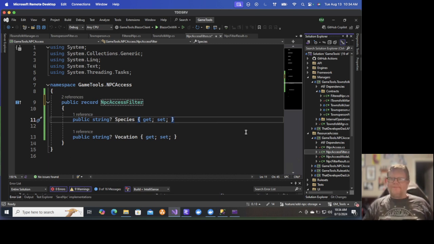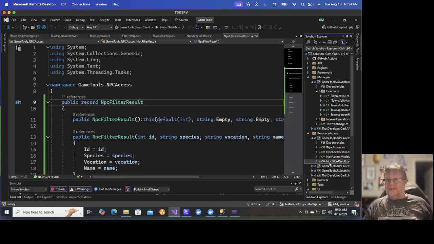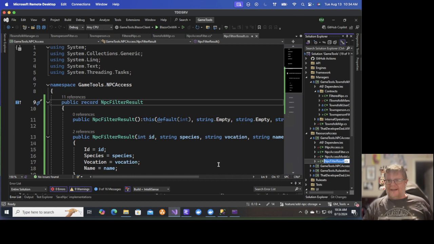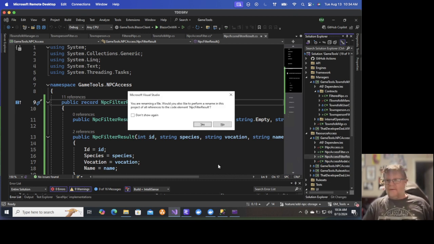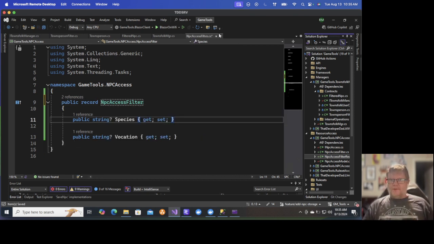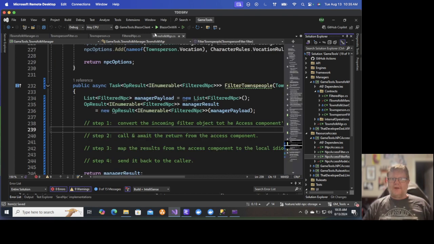But this gives me the ability with a glance to know exactly where one of these classes is coming from or going to. So we're going to save everything, come back to our TownfolkManager,